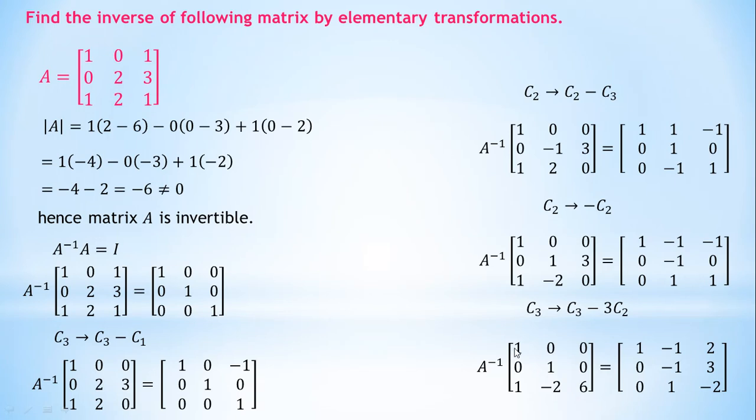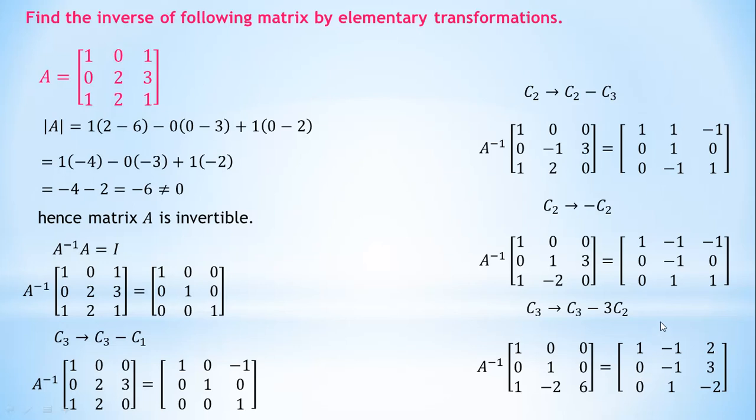See here, first column as it is, second column as it is, third column changes as, see, 0 minus 3 times 0, that is 0. Then 3 minus 3 times 1, so 3 minus 3 is 0. Then 0 minus 3 times minus 2. So minus 3 into minus 2 is plus 6. Okay, on the right hand side,